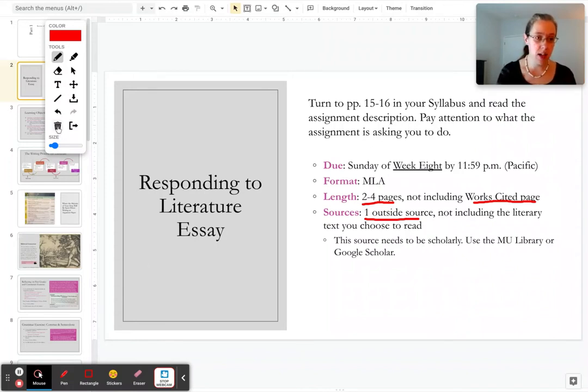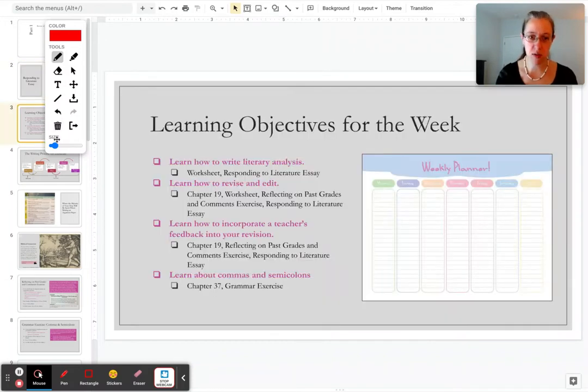All right. Now, the learning objectives for this week. So you're going to, again, learn how to do literary analysis, and then you're going to learn how to revise and edit. So remember, that's the last stage of the writing process, and we've really focused throughout the different weeks in the course on the different stages, and now we're focusing on that final stage, which you'll do in the exercise that's due Thursday, and in some of the reading, the worksheet, and then, of course, you'll demonstrate that with our major essay.